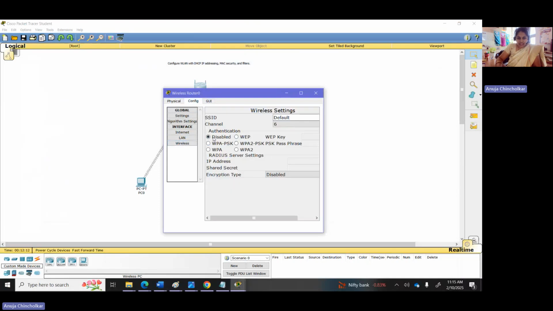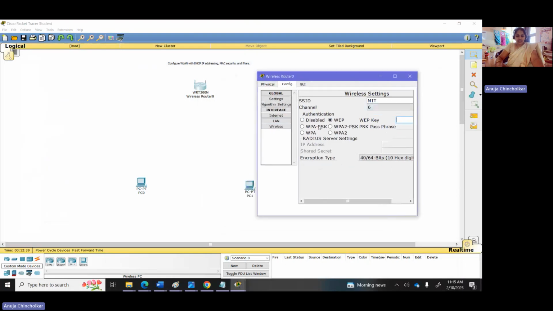Now if I click on the router and go to the configuration mode, you can check here in wireless the authentication. When you need to use the router, you can apply this security to use that particular router. So how to apply that? I can give here any SSID. For example, I need an SSID for the router like this, and I need the password key to be enabled when someone wants to use it. See, as I click on the SSID and it is enabled, I have done wireless encryption.